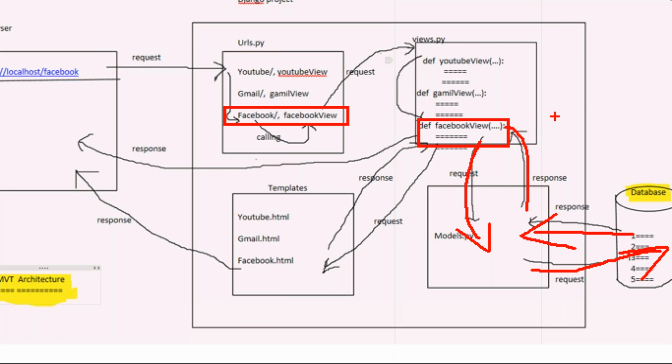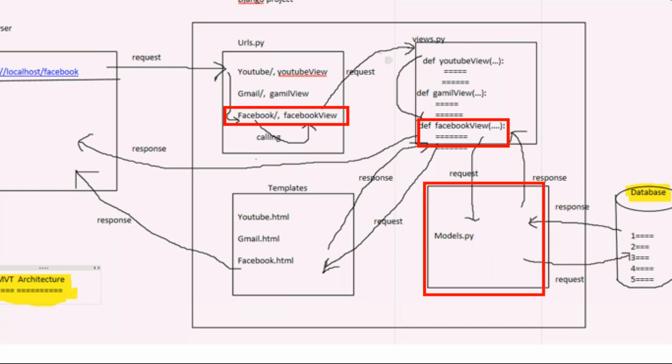Simply put, our view is sometimes responsible for communicating with models to manage the database logic. Our view sometimes interacts with templates to manage the presentation logic. Our view communicates with the templates to manage the presentation.